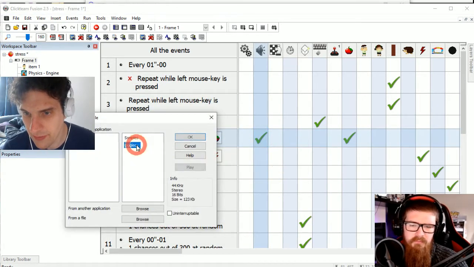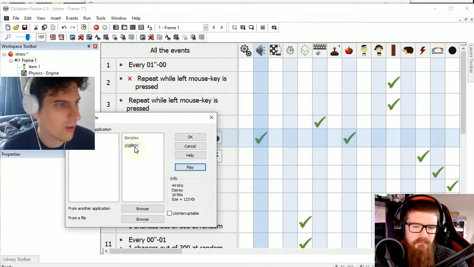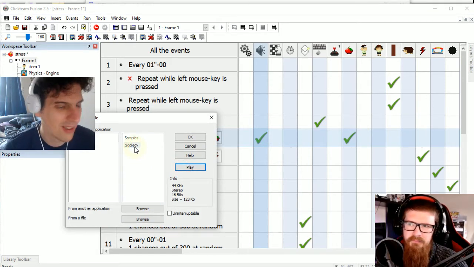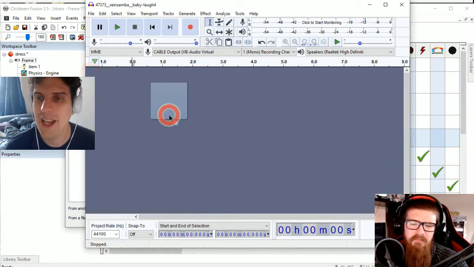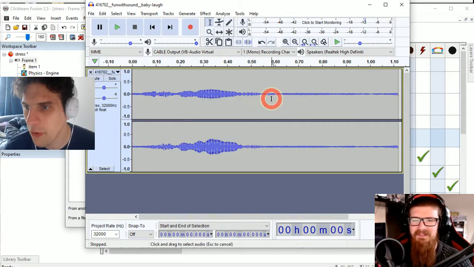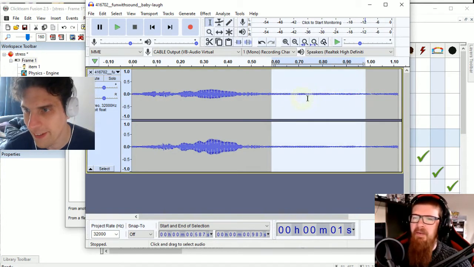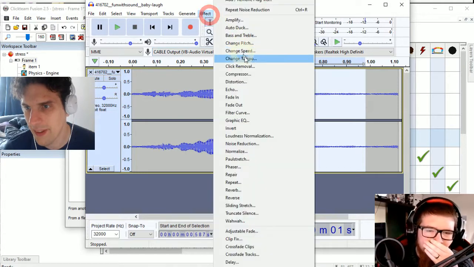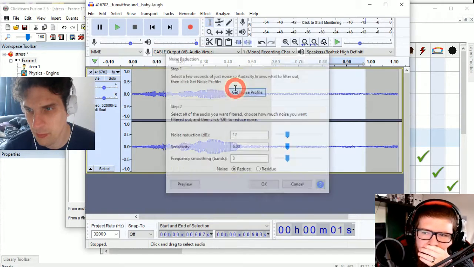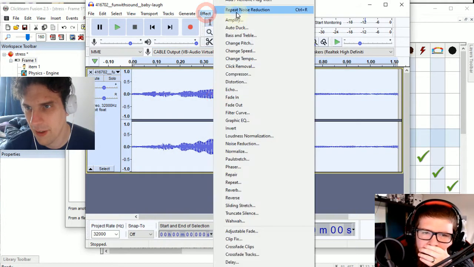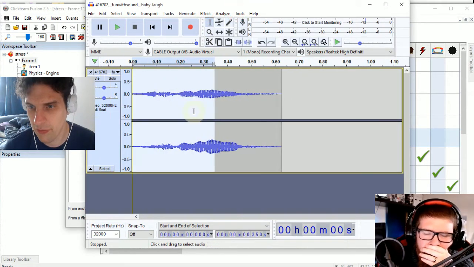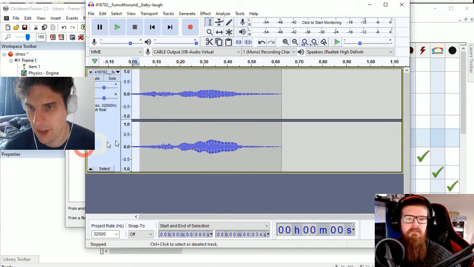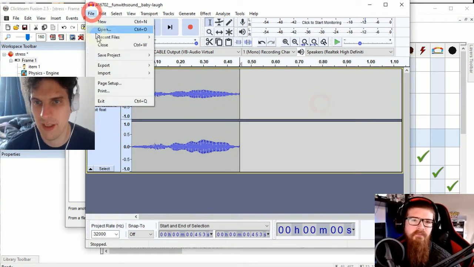There we go. Let's have a listen again. Oh, it's a completely different sound. Wow. That's because I loaded up the wrong file because I couldn't listen to it. Anyway, if I load up this one, you can see all this fuzz. Can you see that that's not a flat line? That's fuzz, that is. Now, if I click on noise reduction, get noise profile, then do the same again. Do you see how that's got much thinner there? And that's got rid of a lot of that noise. So there we go. So let's export this one.